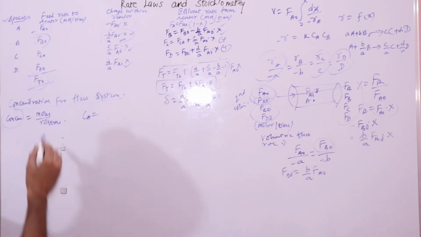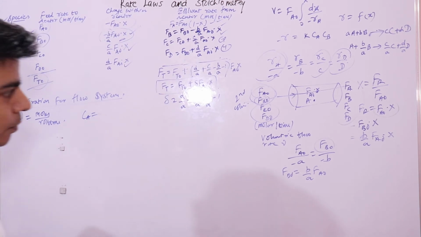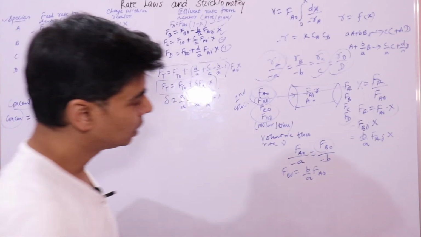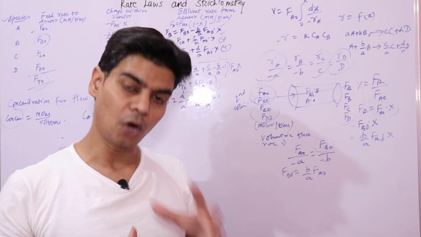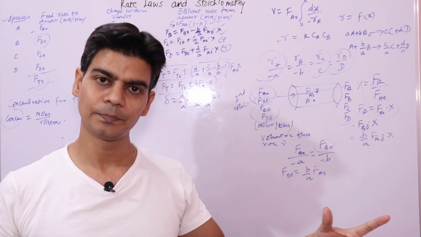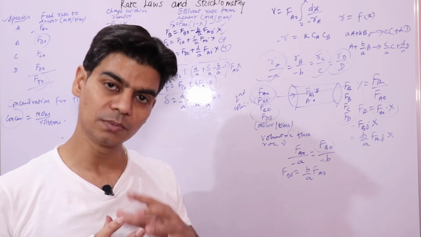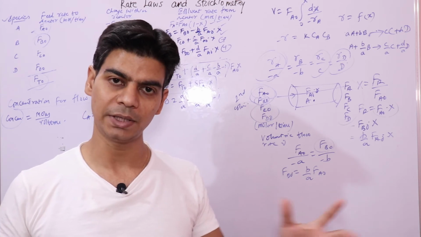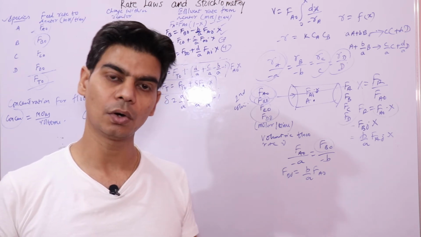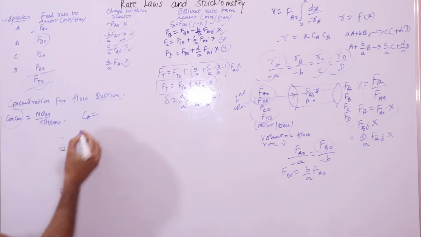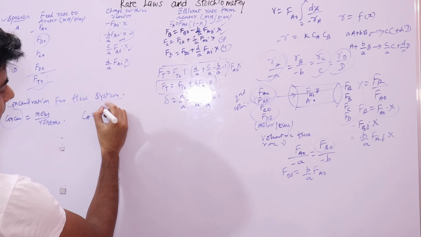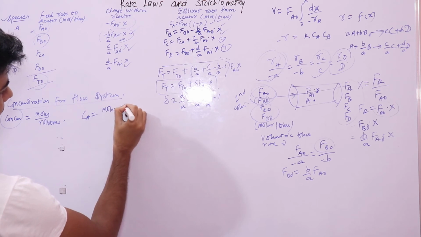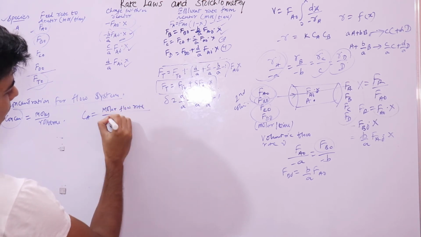Because normally it is moles per unit volume, but this is a flowing system. So when you consider a flowing system, you have to consider how many moles are passing from that point with respect to time, which is your molar flow rate, and what volume is passing that contains those moles, which is your volumetric flow rate. So concentration in a flow system is the molar flow rate divided by the volumetric flow rate.